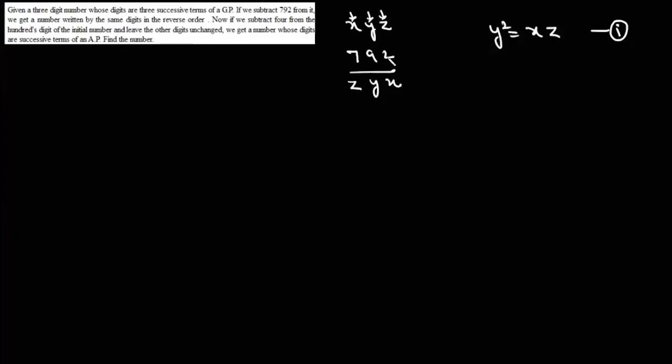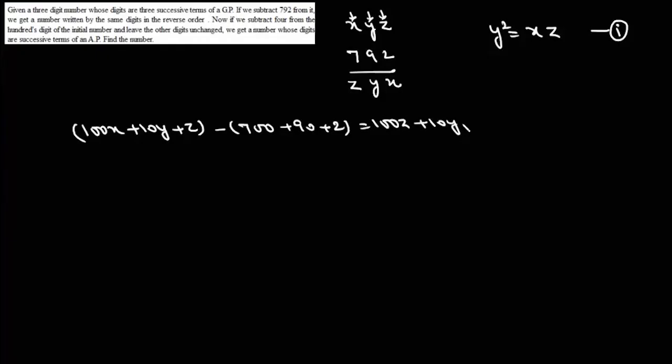Now the actual way of writing it will be, the number is 100x plus 10y plus z, and we are subtracting 700 plus 90 plus 2, and that will be equal to 100z plus 10y plus x. Now this 10y and 10y will cancel, so we can write